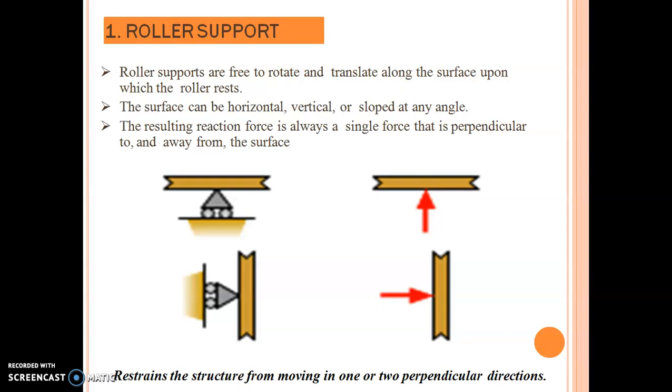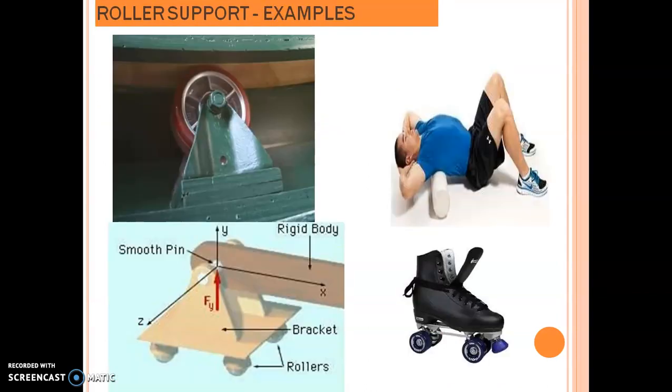If your surface is perfectly horizontal and we are using a roller support, then only a single reaction is acting on the member. If your surface is perfectly vertical, you can identify it in the second figure. In the second figure, the force direction is perfectly perpendicular to your roller. So this figure represents the roller support and the reactions acting on the member. This is your roller support.